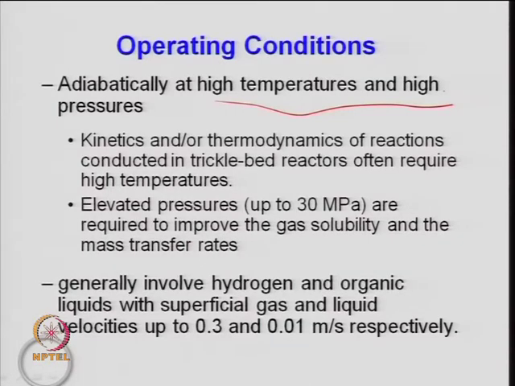That is one important aspect here in a trickle bed reactor, that they can be operated up to a pressure of roughly say 30 MPa, 300 atmosphere. So, that is the operation which is done in a trickle bed reactor. 50 atmosphere to 250 or 350, when you need more and more severity, that is when you need the concentration to be reduced to a further lower level.